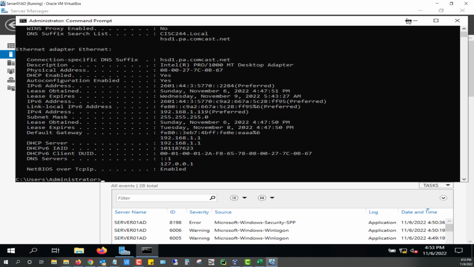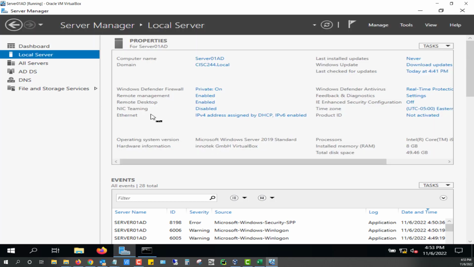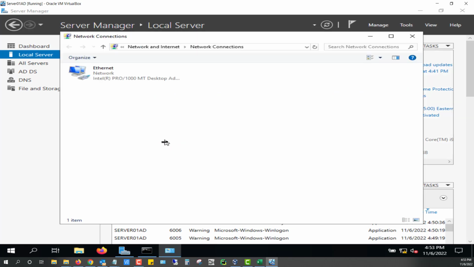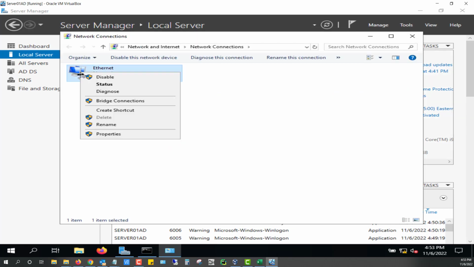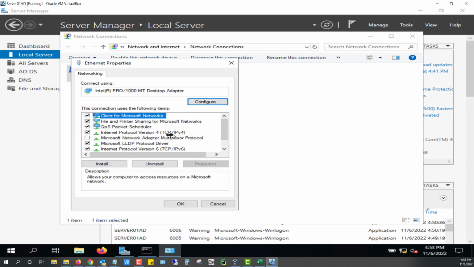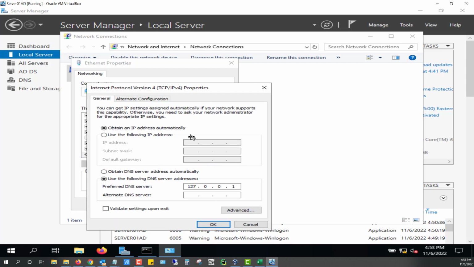So I'll minimize this and we'll go in here, give this a right click, and go down to Properties. We'll go down to TCP/IP version 4, go to Properties, and we're going to say use the following IP: 192.168.1.119. Subnet mask is /24, or 255.255.255.0. Our gateway, if you recall,